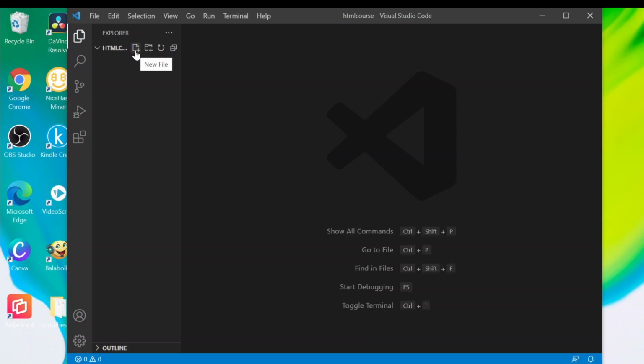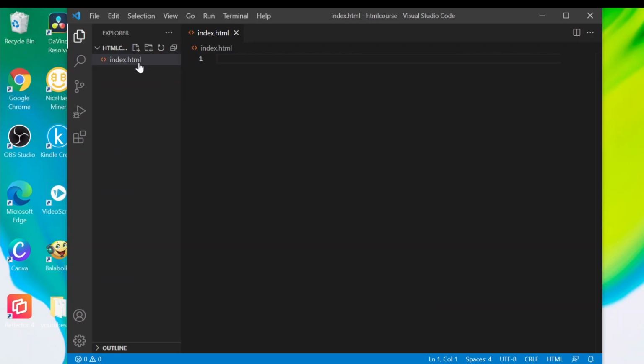Okay, so we will open up a new file, and we'll call that index.html. And we're going to call it that because whenever the browser reads through all of your code, it's going to look for this index.html page, and that's going to be your home page normally. So that's the first page that we'll make. And then we're going to come over here,